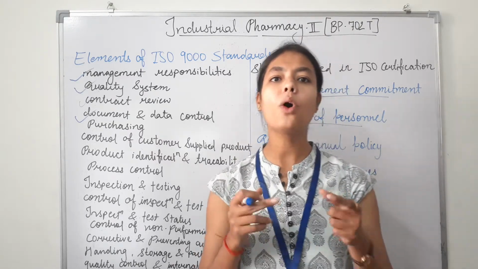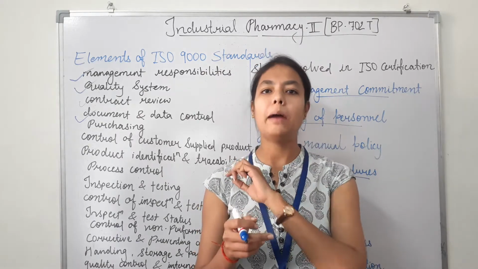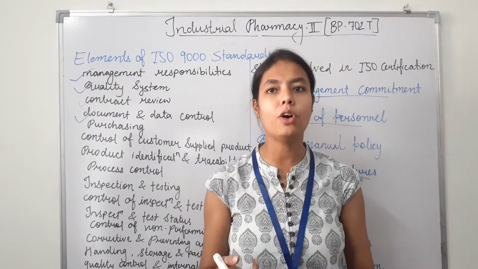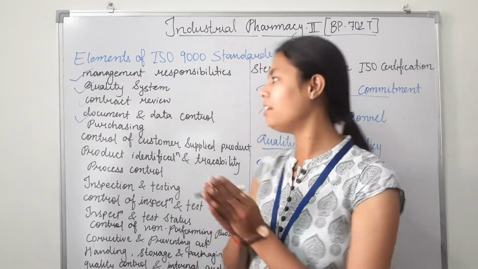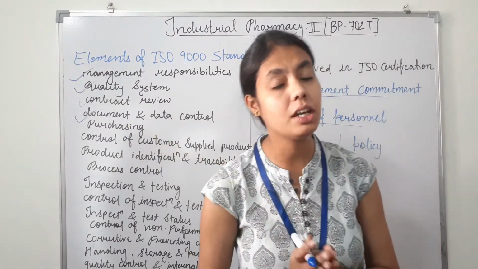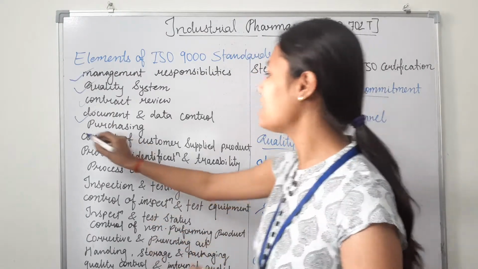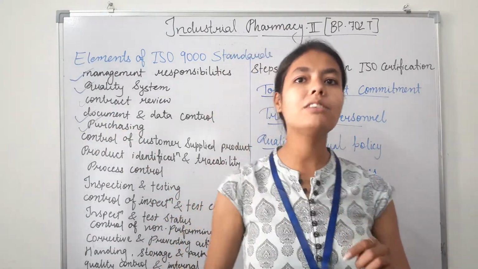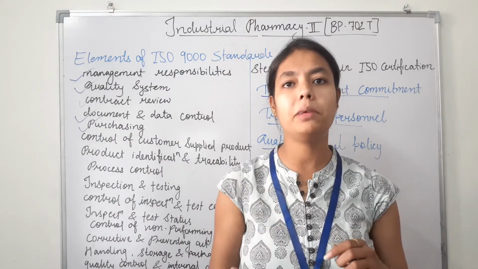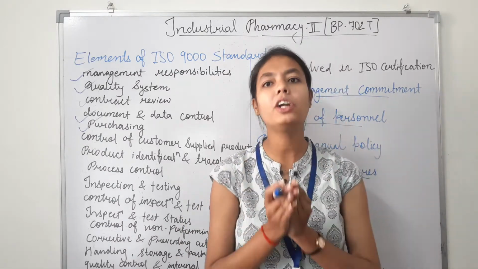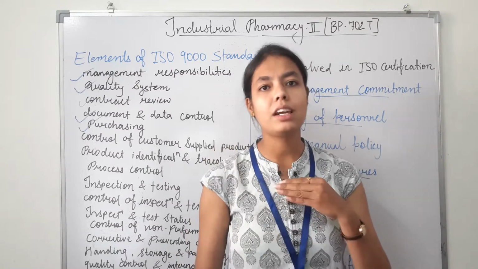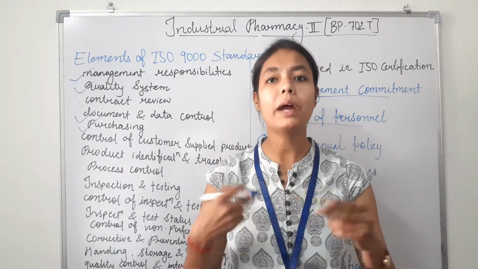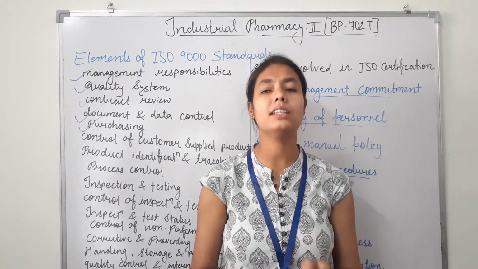A master record file has to be kept, and the people responsible for revision and issuing of the document must be identified for proper documentation. Apart from that, the next one is purchasing. If we talk about purchasing, it deals with the purchasing or inventory management in the procurement of material or external services. Quality needs to be assured in respect to agreed specifications.